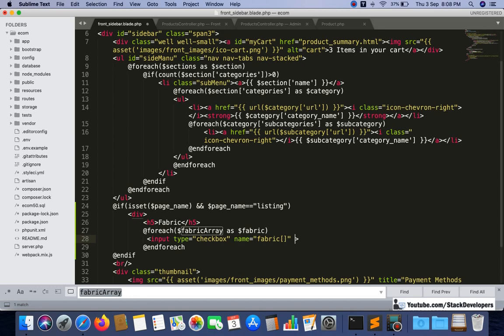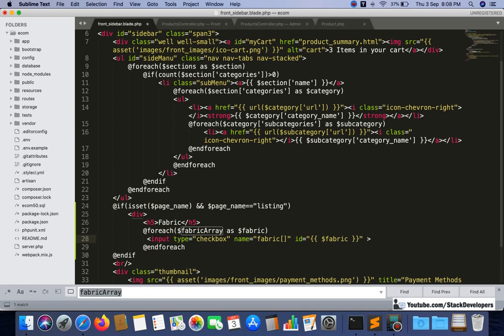Here the id also we are going to take. See, the id will be separate, so we are going to take its id like $fabric, like this.